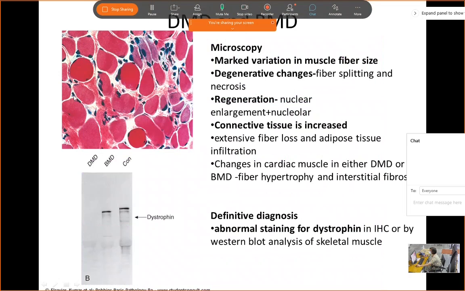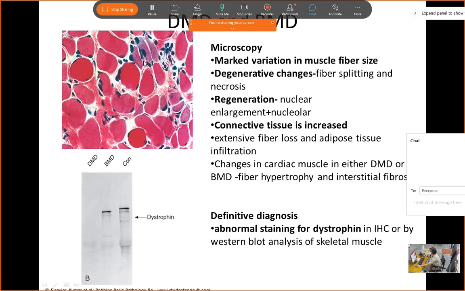However, in patients with Duchenne's muscular dystrophy, you can see that they have lost their polygonal shape and these muscle fibers have become rounded. And you can see some of them are extremely small, some of them are very big, some of them are in between and rounded. So there's a marked variation in the muscle fiber size. There's a loss of the polygonal shape of the muscles. There are degenerative changes, that means fiber splitting. Like you can see, these three look like they can fit into each other because they have split. It's like a puzzle piece.